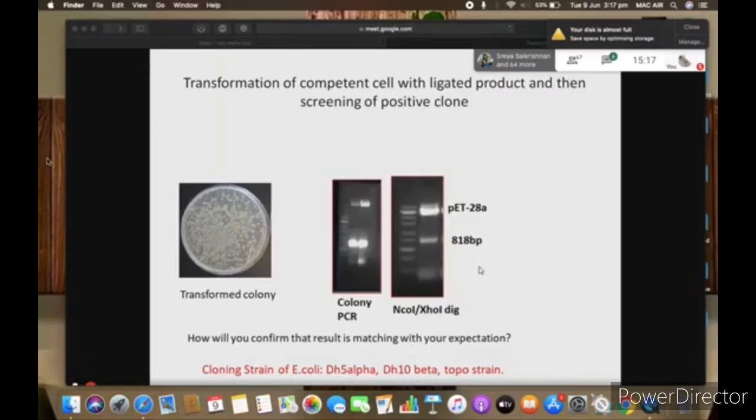Fine. For cloning, we use these strains. These are cloning strains. This E. coli is not normal E. coli, like you can isolate from sewer, water, or anywhere, from stool or something. This is a genetically engineered strain we use for cloning. Why do we not use normal wild type E. coli strain for cloning purpose? Why should we use genetically engineered E. coli strain for cloning?